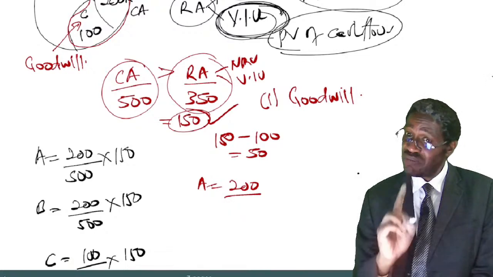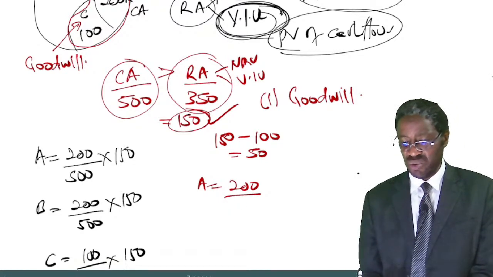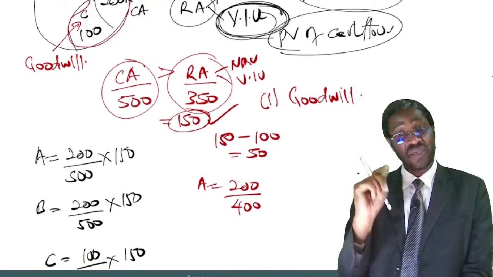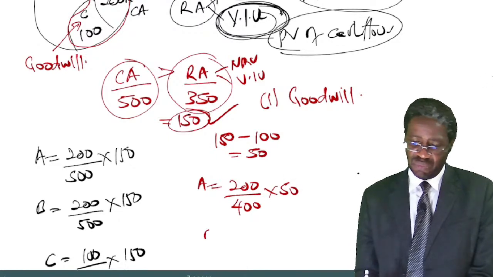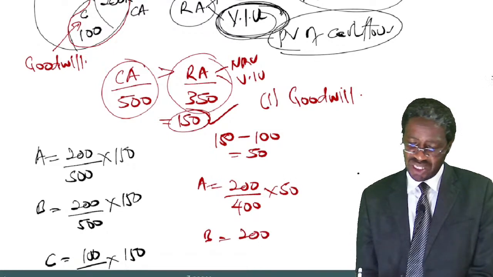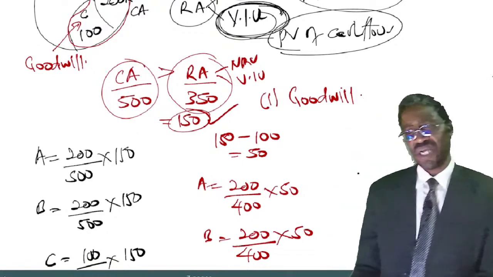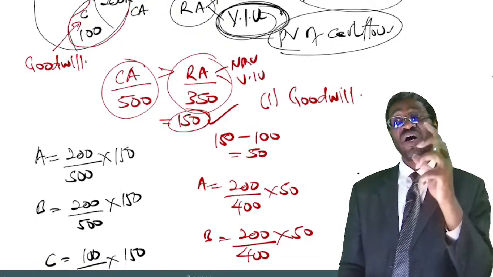Now you don't divide by 500 because you have already eliminated C. You now remain with 2, which have a carrying amount of 400. A 200, B 200. Total 400. Multiply that by 50. For B, again it will be 200 divided by 400 times that 50. That's how you allocate the impairment loss to